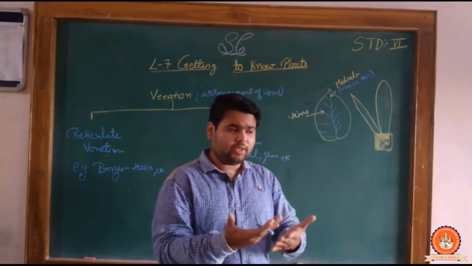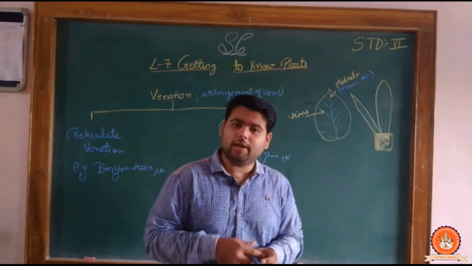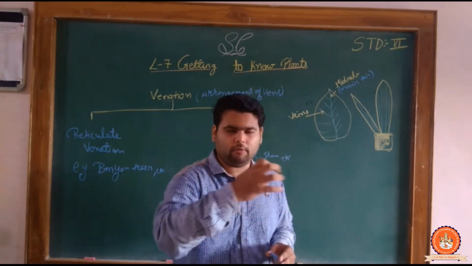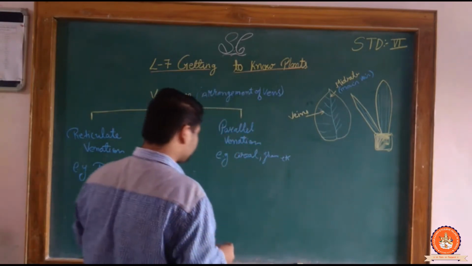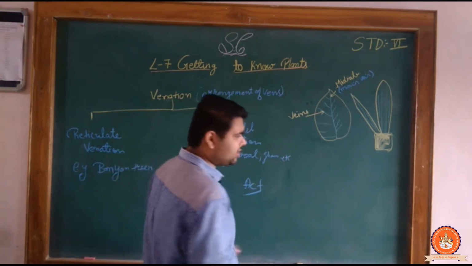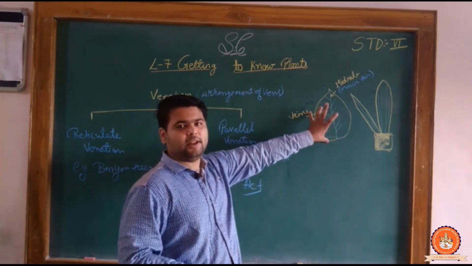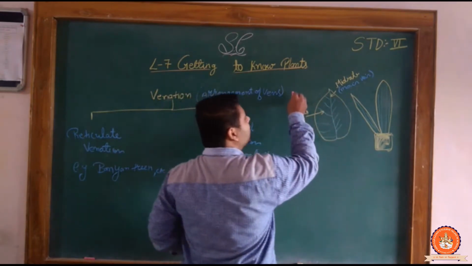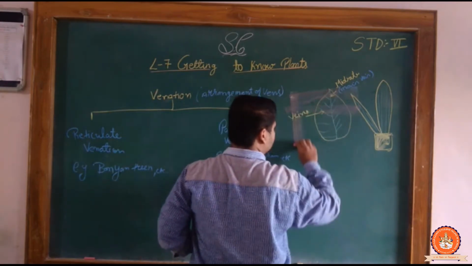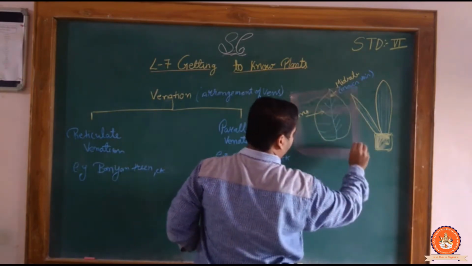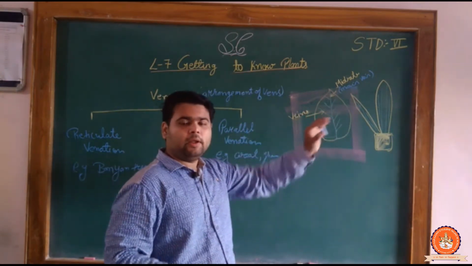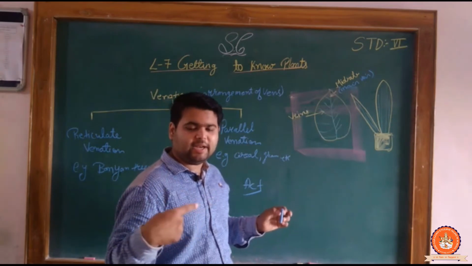Why? Sir, because the green portion is very dark. So for that, let us do one activity, so we can understand how to get it. What we have to do is take one leaf. Over the leaf we put a paper, suppose this is our paper. Now on the paper, take a pencil and shade that portion.